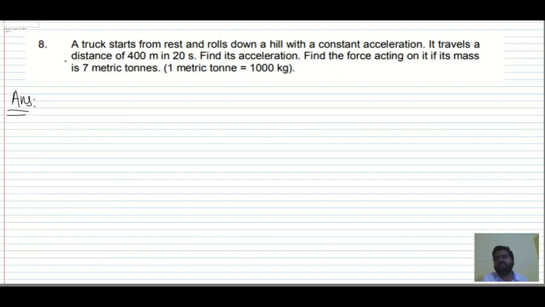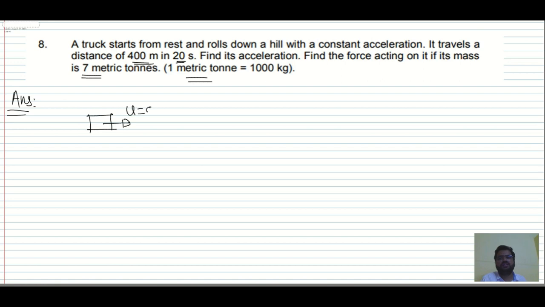Chalo, next. A truck starts from rest and rolls down a hill with a constant acceleration. It travels a distance of 400 meter in 20 seconds. Find its acceleration. Find the force acting on it if its mass is given as 7 metric tons, and 1 metric ton is 1000 kg. That is what is given. Okay, so one truck is there